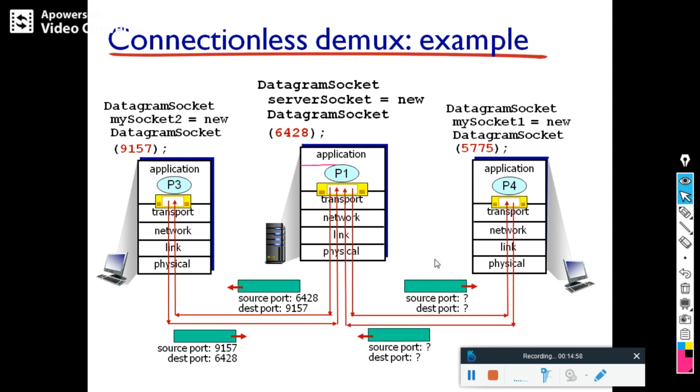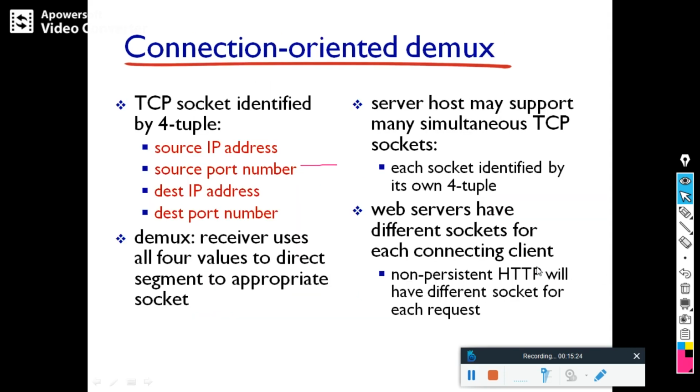So you can come to the conclusion now. What is the source port? What is the destination? Here he is talking only about the source port and destination port because we are in the transport layer. With only the source port and destination port, it will not work. It needs the IP address also. But here he has mentioned only source port and destination port because we are in the transport layer and we are explaining demultiplexing. Understood?